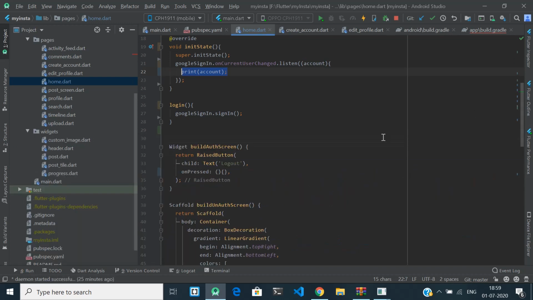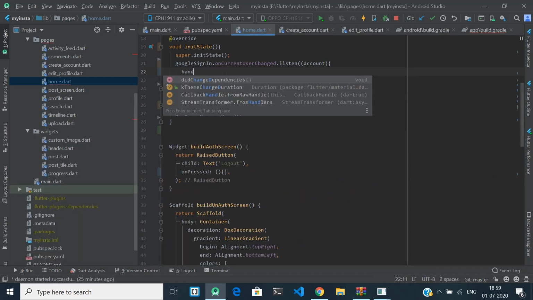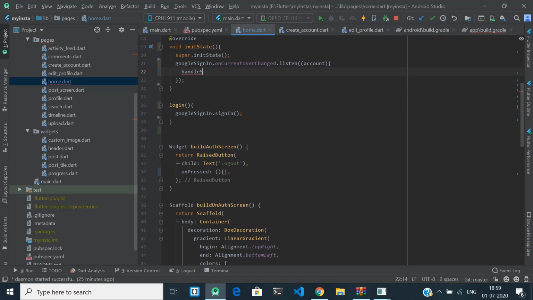Okay. So we can create a function for this, handle sign in, and pass the account.